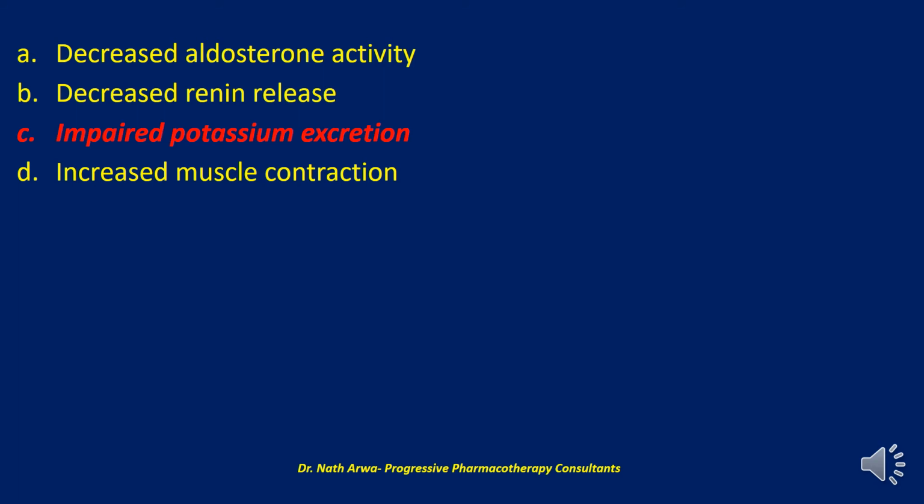And on the other hand, NSAIDs can be a compounding factor in causing hyperkalaemia by decreasing prostaglandin I2 mediated perfusion of the renal afferent arteriole. So that was just a by the way, but in my opinion, impaired potassium excretion would be the major cause of this challenge, this hyperkalaemia in the chronic kidney disease population. Let's move to the next question.